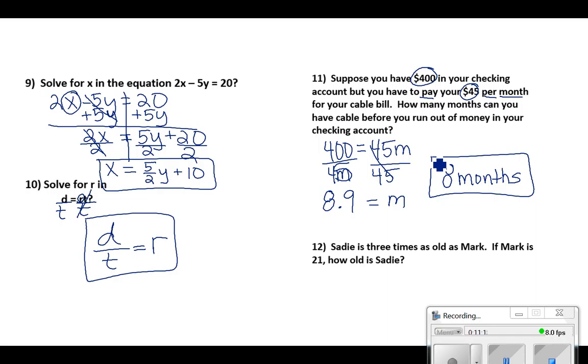Number 12, Sadie is 3 times as old as Mark. If Mark is 21, how old is Sadie? So Sadie is 3 times S, as old as Mark. We know Mark's age is 21, so we can do 3S equals 21. Then we have a one-step equation. Divide by 3, divide by 3. So S equals 7. Sadie is